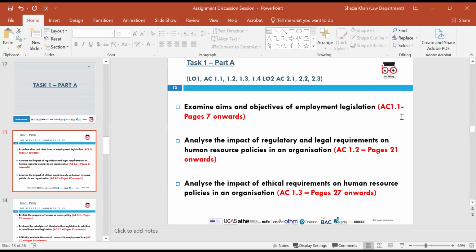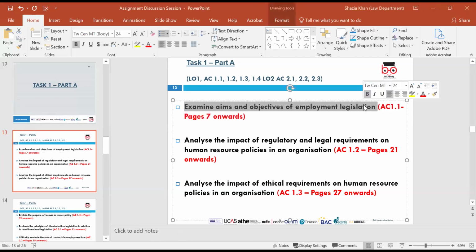And where I've put in red is where you will find the answers, but also you would find all the information on there. So the first part of it, in task 1, part A. Firstly, you need to examine aims and objectives of employment legislation. You need to make sure that this is a heading and then you write under it. Do not change the wording. So each part of it that you do, you need to make sure you're writing the heading, okay, and you will write under this. So you're examining the elements of aims and objectives of employment law,